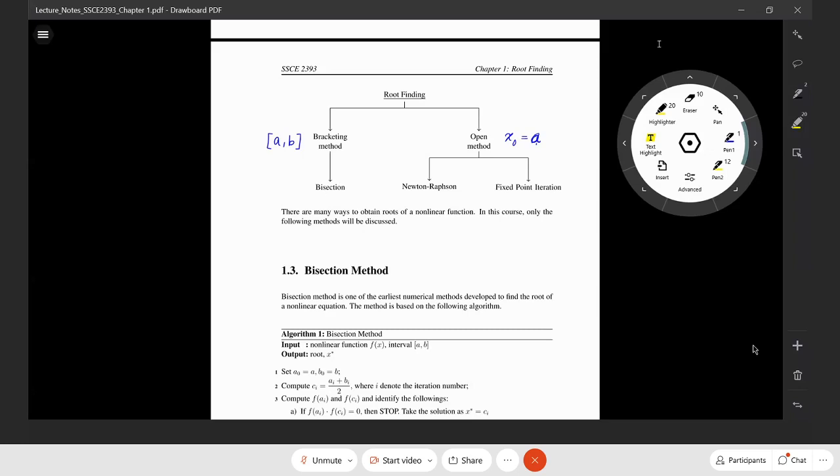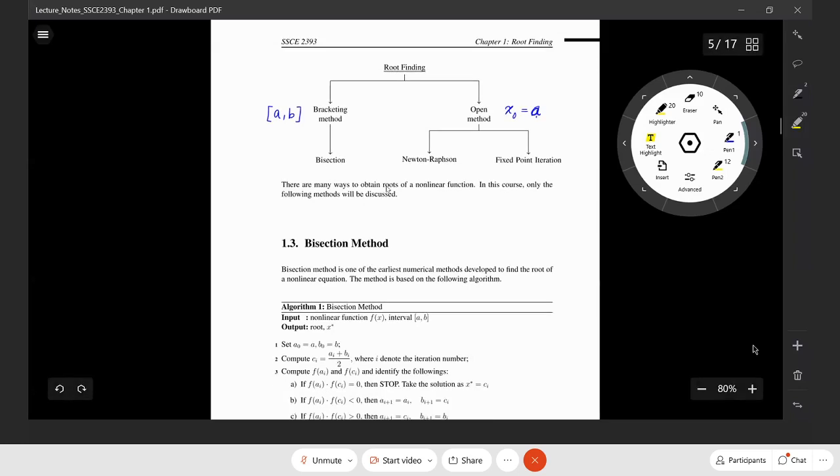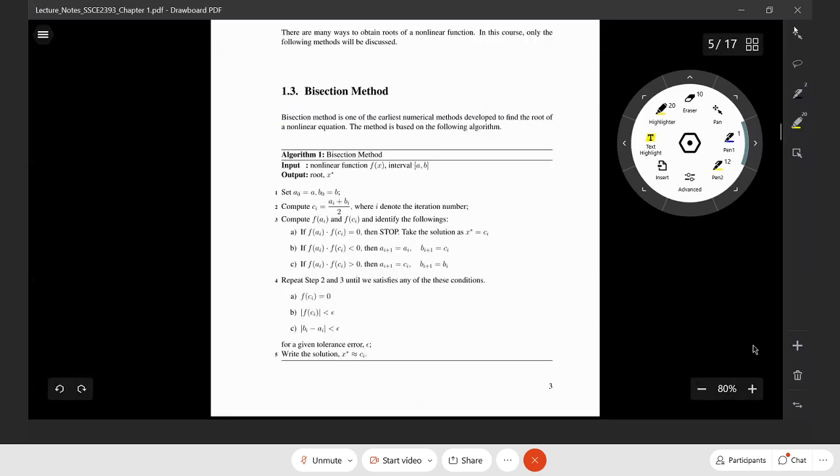Okay, so look at the bisection. If we're talking about bisection, it means two sections. The word bi means two. So you have a section, you divide it into two, then we call it bisection. Okay, so the analogy to the bisection, if you can grasp the concept, for example,